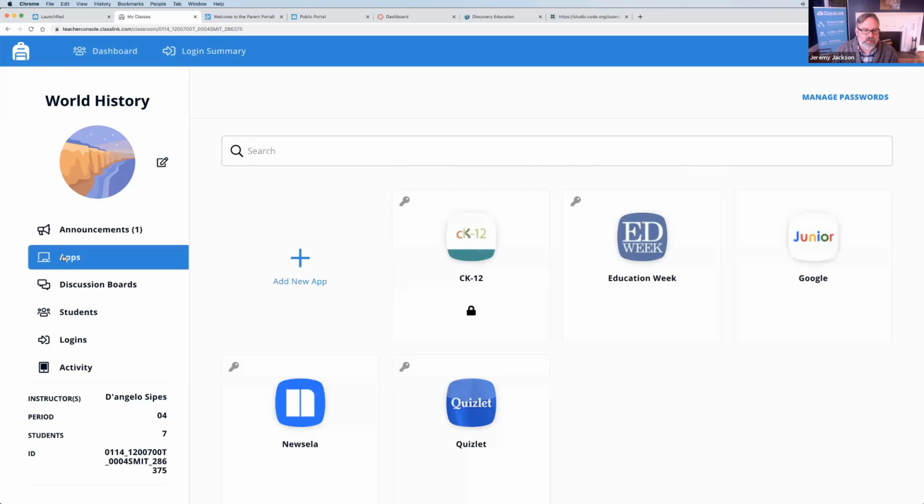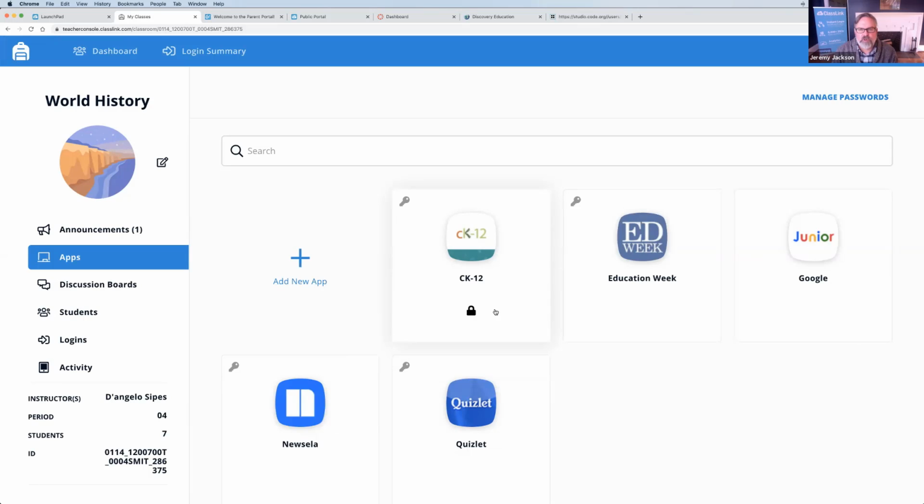They have all of their applications here. So I can see that these are the applications. When we saw that backpack for the students, this is where a teacher can add in different applications that they want to use with the students. So we can see here for World History, there's a lock on that. So that means that this is something that is given out to every World History course. So at the district level, they've said, okay, from a curriculum standpoint, all World History students are going to get